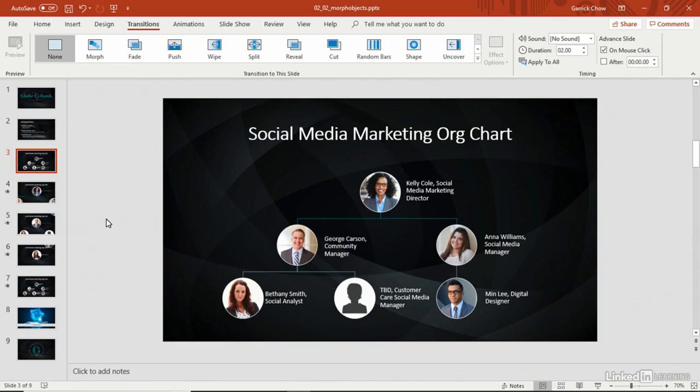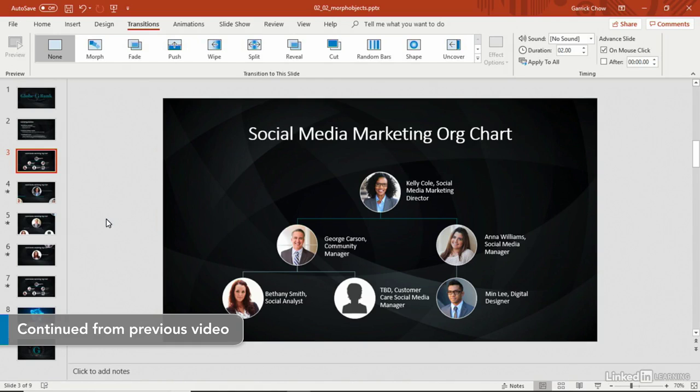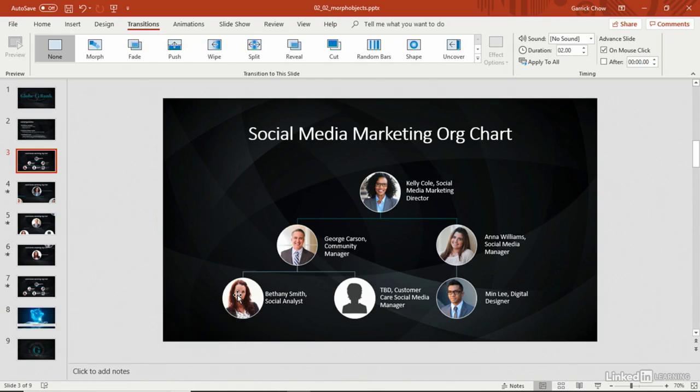Let's take a look at one more feature of the morph transition. So far, we have these slides set up so that it smoothly animates a zoom into the top photo and then slides down to the other two photos here on the left. Let's say that when we come to each photo, I want to add a larger version of the person's name